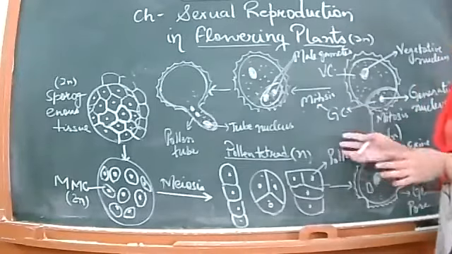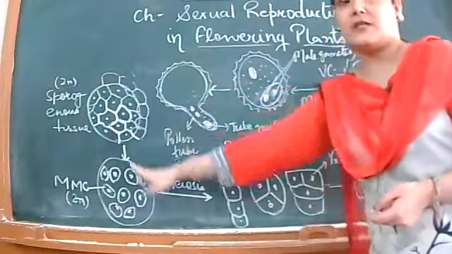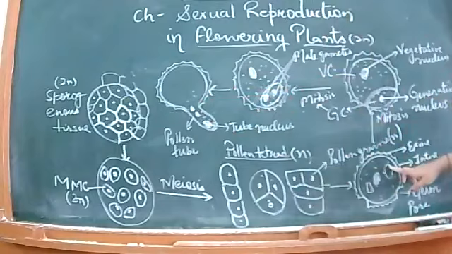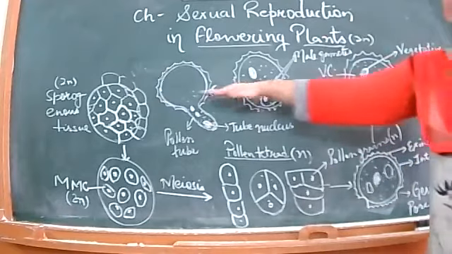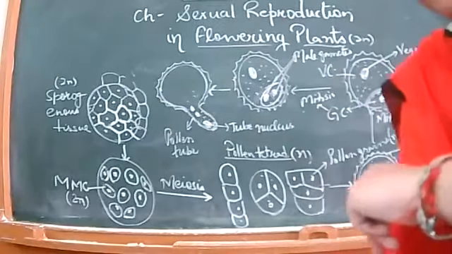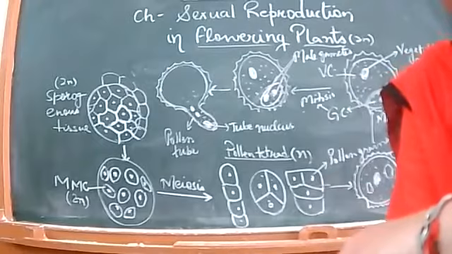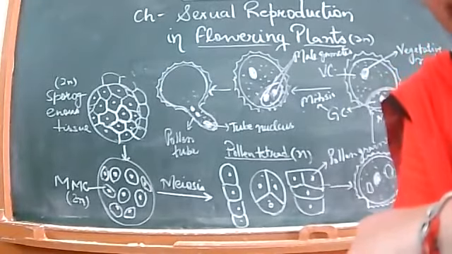Okay, so this is one very important, that is microsporogenesis, which starts from sporogenous tissue ends to the pollen grain formation, and then is germination of pollen grain, which starts from the structure of pollen grain and ends to the formation of a pollen tube. Clear? Anybody having any question, any doubt till this? Hanji beta, any question, any doubt?